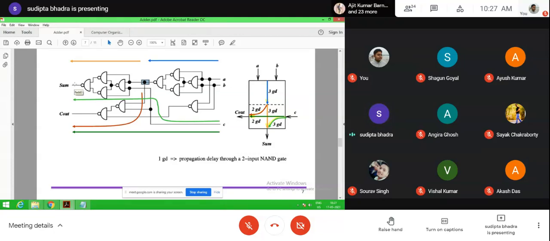Now to reach this point there is a requirement of 3 plus 3, total 6 NAND gate delay. So to generate S0, 6 NAND gate delay is required, and to generate C out using A, B and C, 5 NAND gate delay is required.